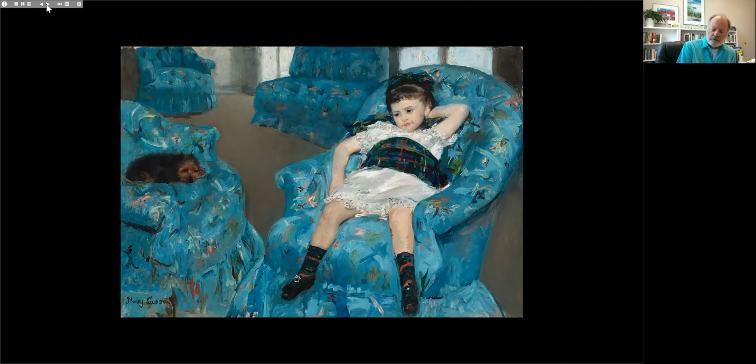And Mary's own mother was a formative example for her. She was a well-read, well-educated, socially engaged woman, and by that I mean engaged in social causes. During these European travels and her schooling, Mary learned both French and German. She may have seen the International Exposition in Paris in 1855. And then at age 15, this would have been 1859, she entered the Pennsylvania Academy of the Fine Arts.